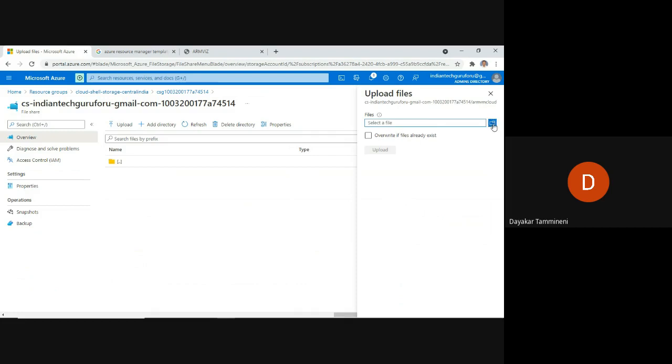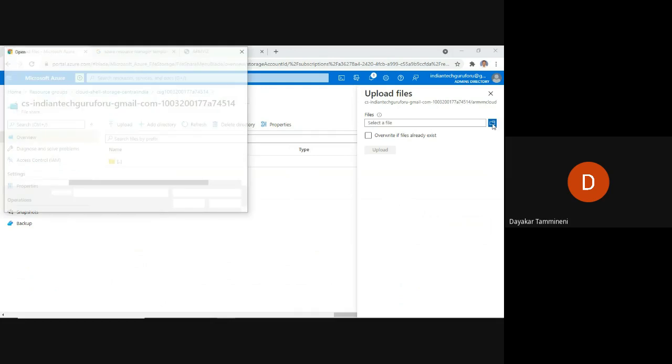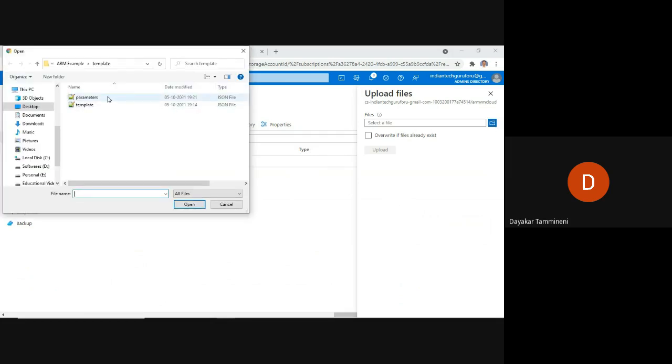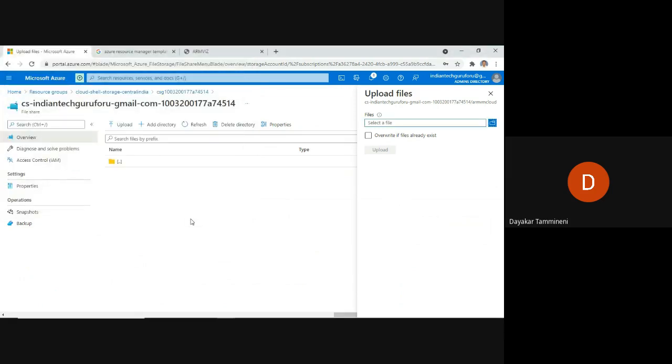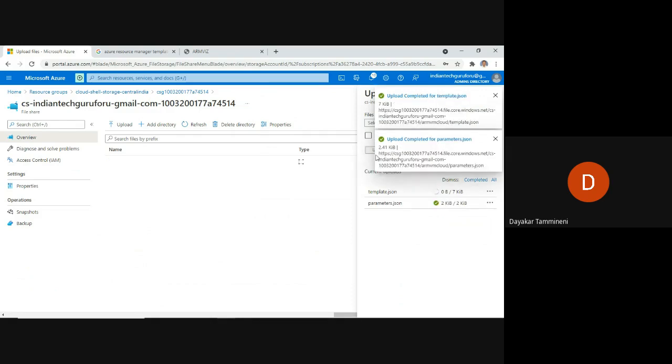Click on select file. Now these two files are available. Just select both the files and click on open, and click on upload. These two files have been uploaded successfully.